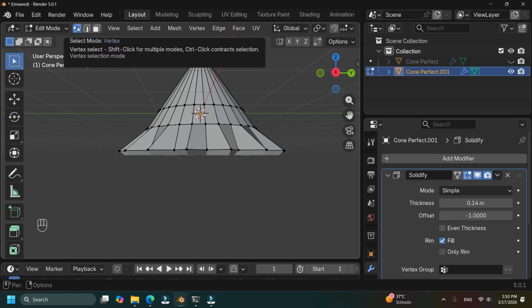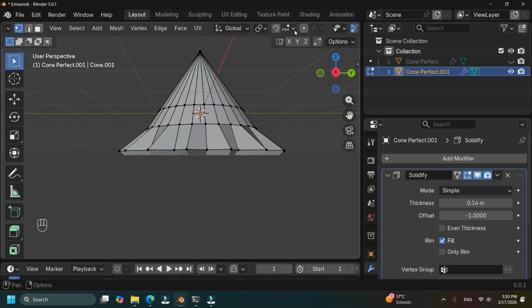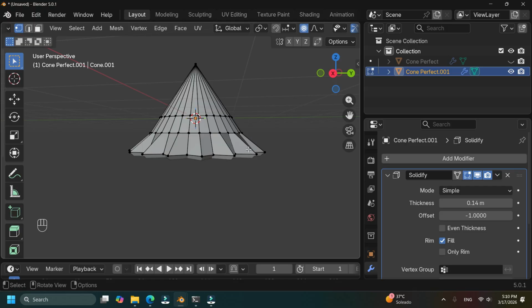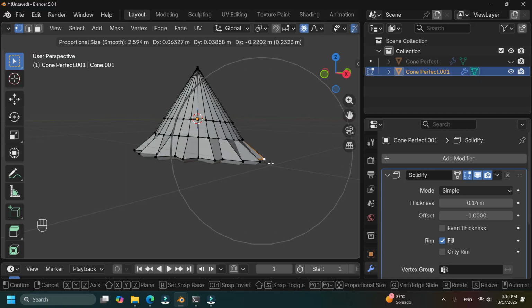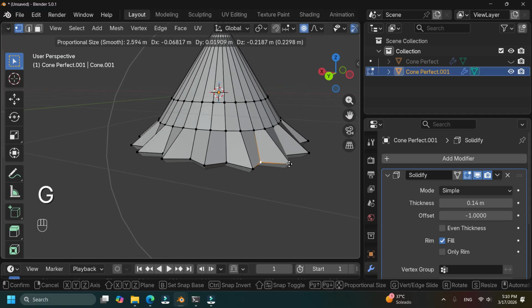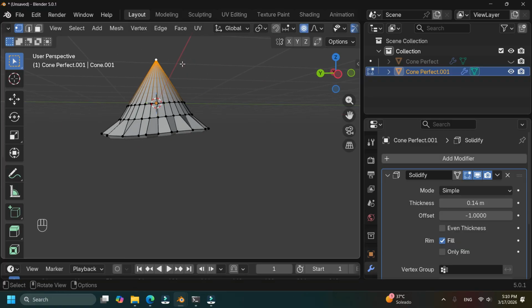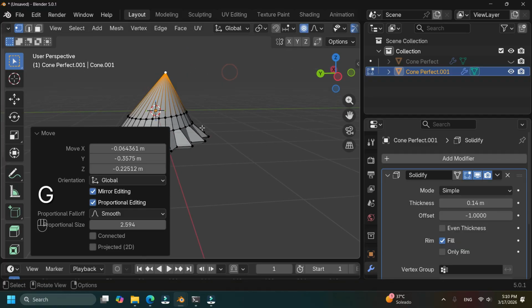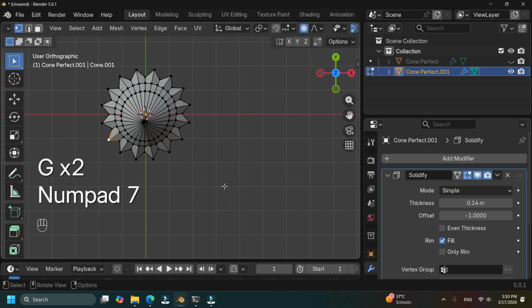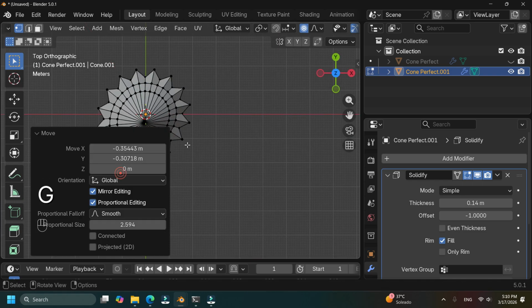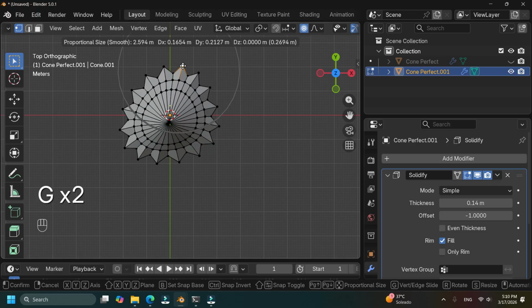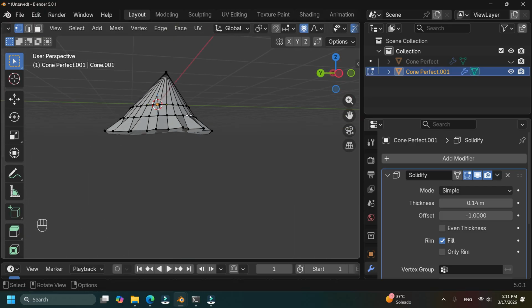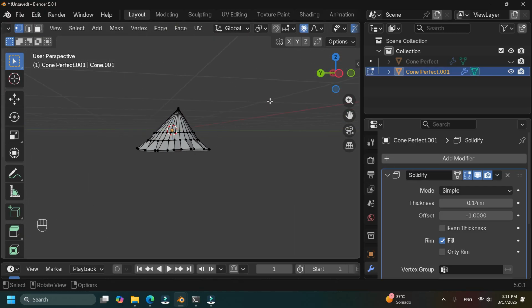Now I'm going to make it uneven. I'm going to use the vertex selection mode, then the proportional editing activated. And for this, we are going to move the vertex around. Maybe like this. This one down. Let's move it like this, like this. Maybe one side is bigger than the other one. And when we have some uneven cone, the next thing that we have to do